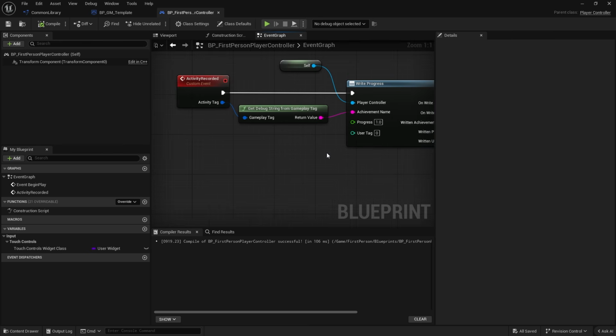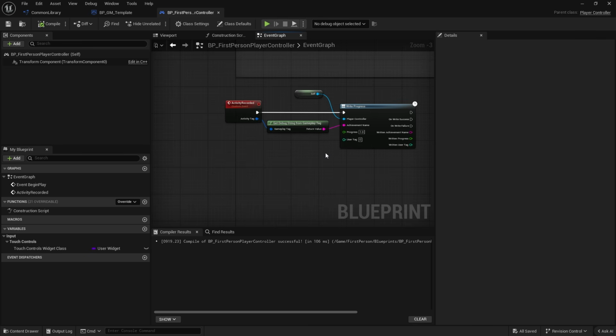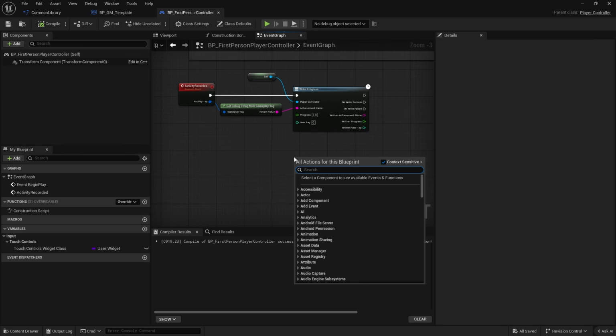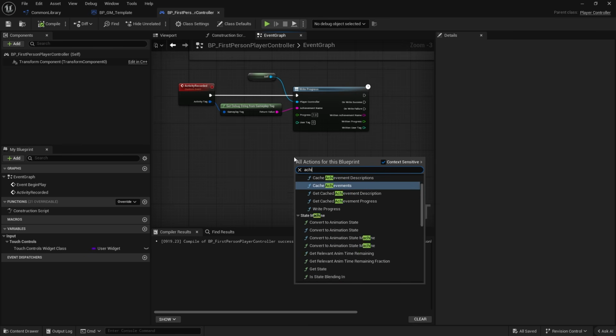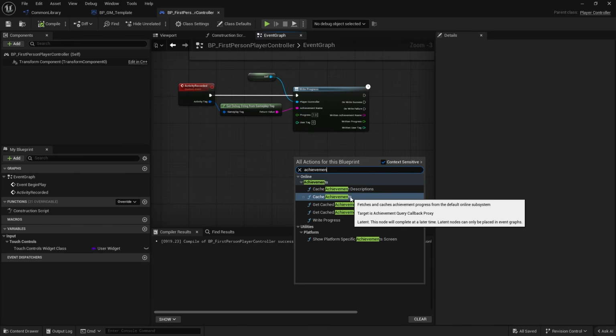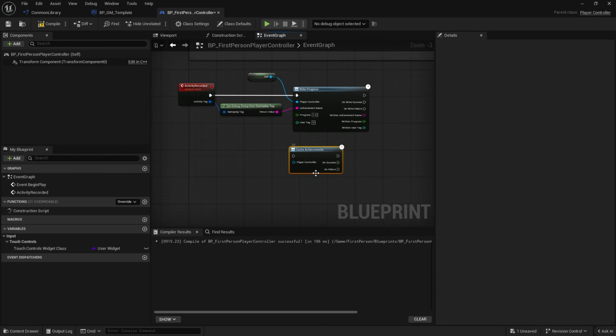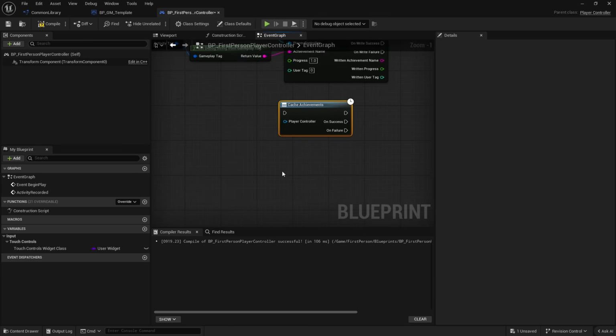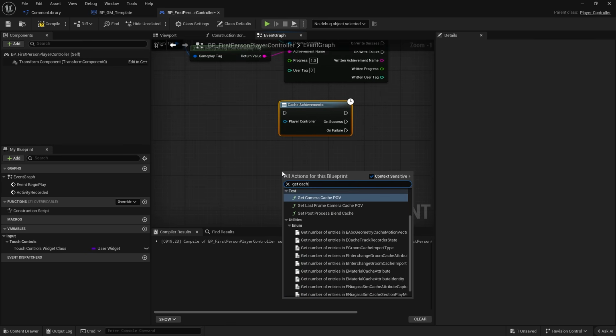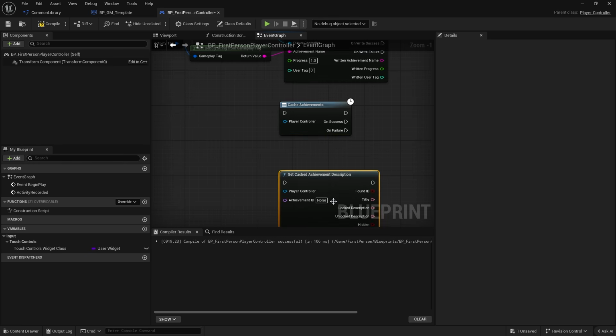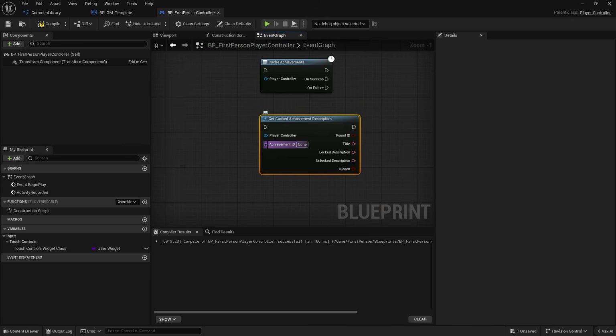And that is it. So let's say you want to then read the achievements because you want to display them inside the game in some other menu or whatever you want to do. That's achieved as easily as it is to write the progress. You just do read achievements, or if I just type in achievements, you'll get it. There you go, cache achievements. And you can get a cache and you get achievements either way. And it'll get them from there. And then you do get cached achievements description. And you can put in the achievement IDs in there and get the ones you want to get out of